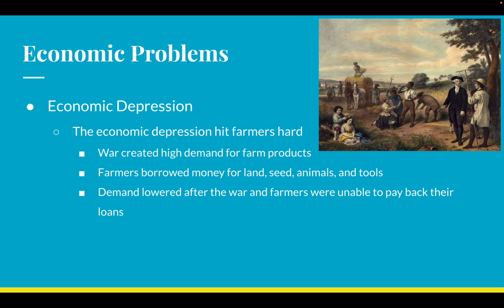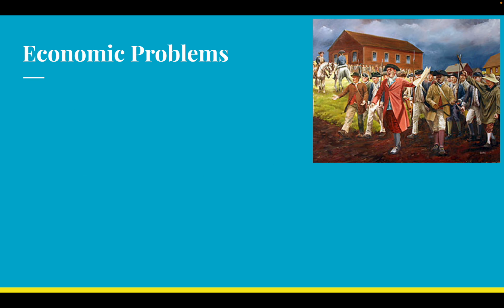Let's use houses for an example. If you cannot pay your home loan to the bank, what the bank is going to do is they're going to repossess your house, because that is how they're going to get their money back. And obviously, you don't want to lose your house, so you're going to want to pay your loan. These farmers, they might lose their farms. They might lose their animals. They might lose their tools. They might lose everything because they are not able to pay back their loans. And this is going to be incredibly difficult for them.